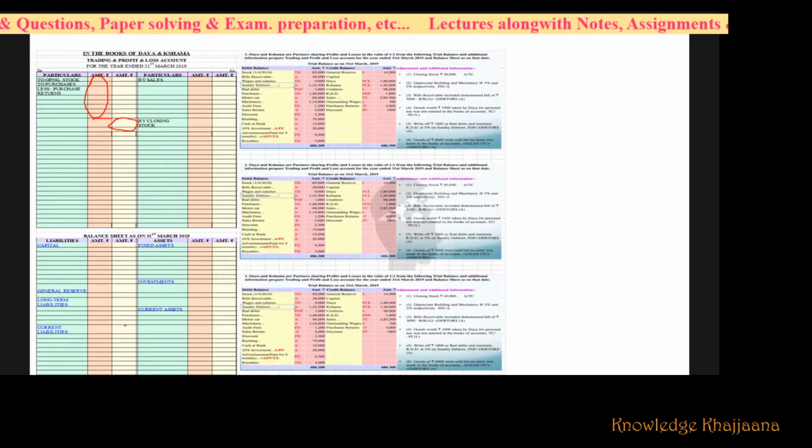This entire outer column is in cream yellow color, the inner column is in orange, and the light green items are the ones we have to post from the trial balance and from the hidden and external adjustments. Now on the liability side there is capital. Below the capital you write the capital of the partners. Then general reserve and some long term liabilities. These are the basic items of the liability side.